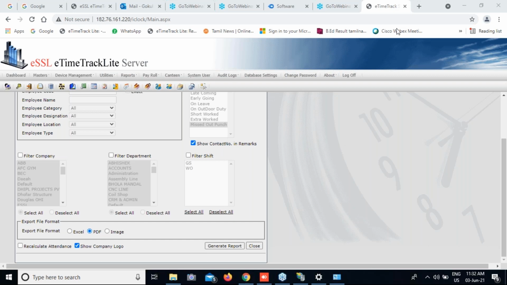Why is this happening? The data may be full in the SQL server. For this problem, there are a few cases. If the data is full in the SQL server, it will not allow you to insert the next data. Next, if your application is not running properly, then in that case also it will stop. Third, if your system is very slow, it may take time. When you are getting this problem, we are supposed to check all these things.